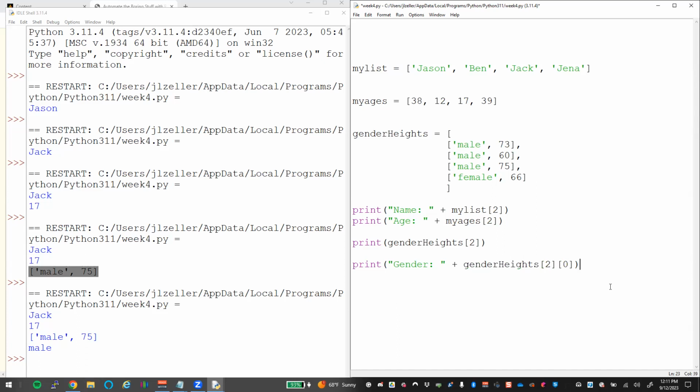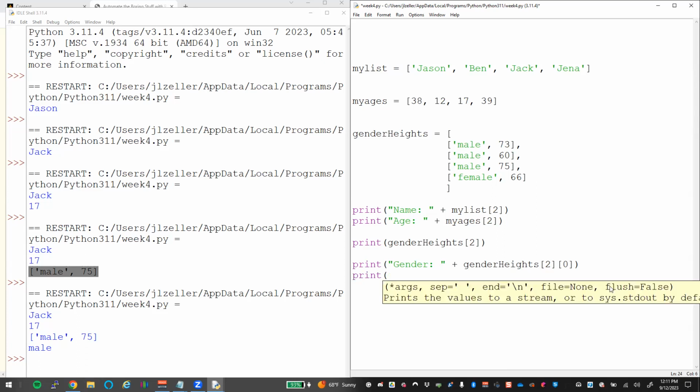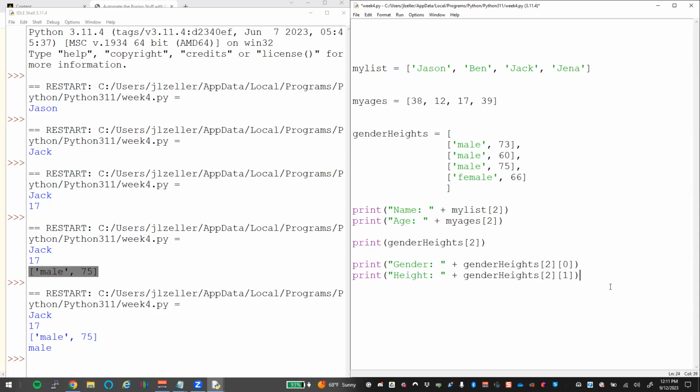like that. And if I wanted to print out his height, that would be what? What would that look like for this part of it? Gender, heights. 2 and what? 1, right? That gets us back to height. And so if we run that,